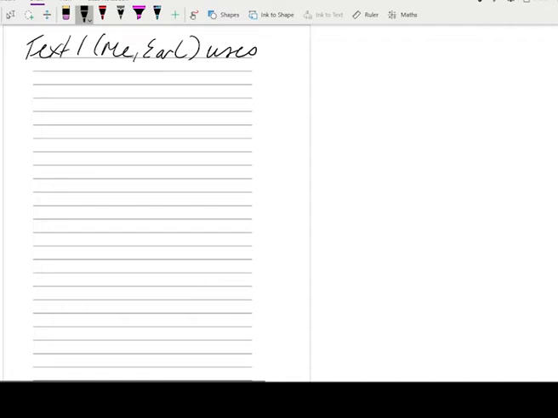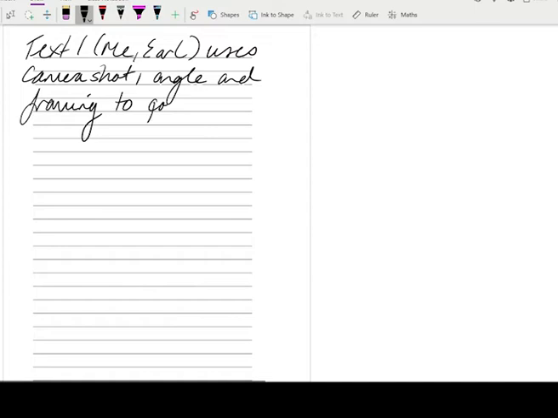Text 1 uses camera shot, angle, and framing. So yeah, you guys can come along and copy what I'm writing or do your own. Uses camera shot, angle, and framing to portray